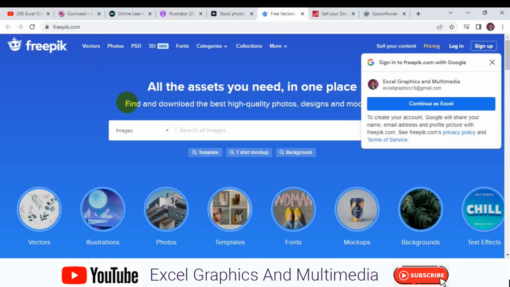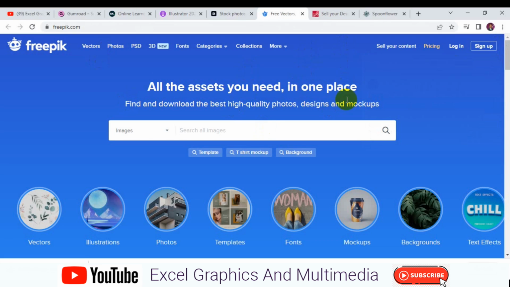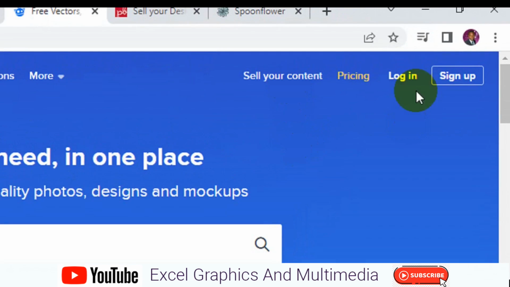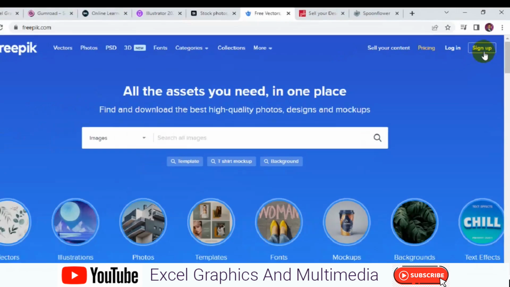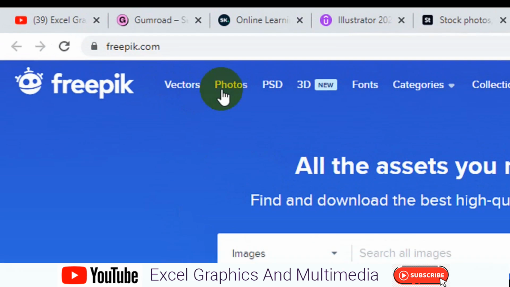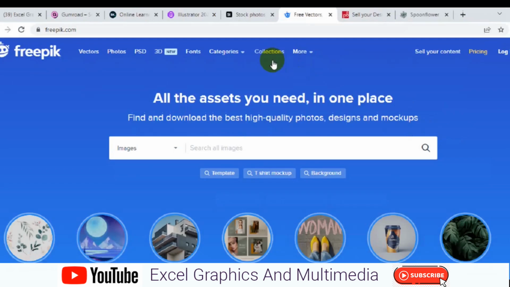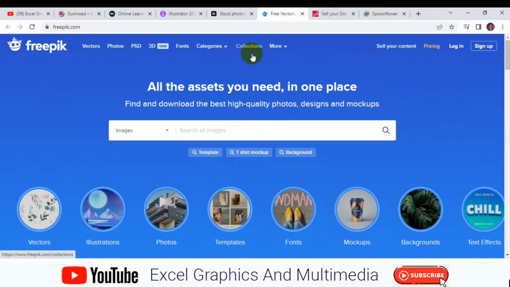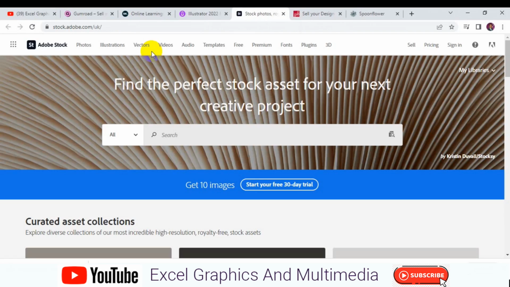Freepik.com is a very popular site. It offers both free and premium content. If you upload your design on this particular site, right here you can see sell your content. First thing, you have to create a free account, sign up. When you sign up on this site, you are free to upload your content and start making money. You can sell your vectors, photos, PSD files, 3D, fonts, categories, collections, etc. There is no limit to what you can sell right here if you are interested in this particular website to sell your stuff. The next one I have for you is